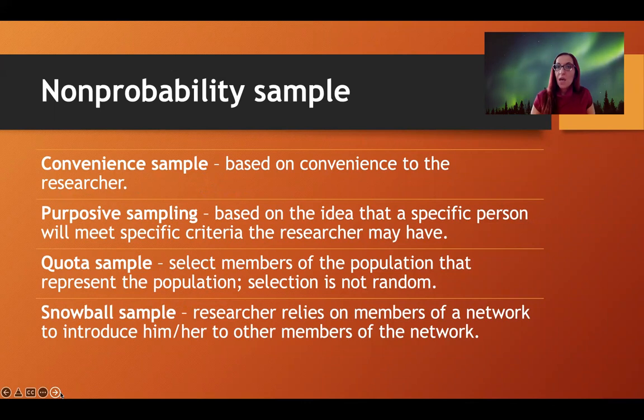On one hand, we have several different non-probability samples. One of them is the convenience sample, and this is what you're most likely going to do for your research study. You're basically going to rely on the people convenient to you. So if you're doing a study that involves students on your campus, then you will probably look for people who are willing to participate in your study, who are convenient to you.